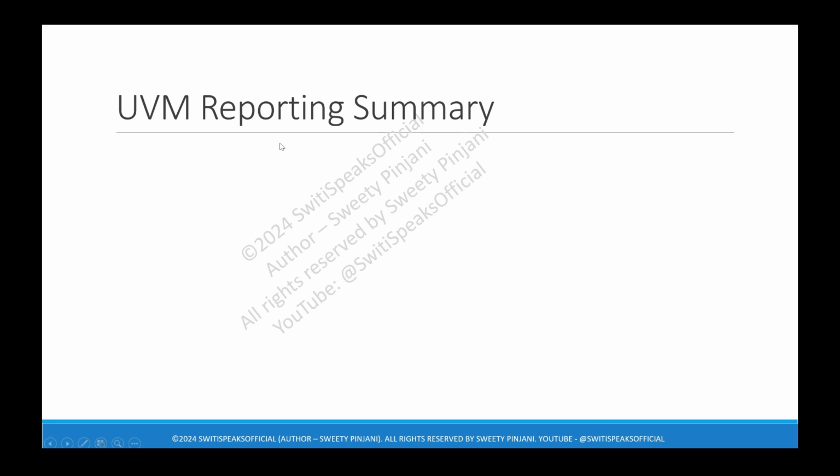Let's quickly summarize UVM reporting. We saw in UVM you have inbuilt commands and methods. We saw UVM plusargs, if you remember. These were the command line arguments which you can have. And we saw some methods which can help you change the severity and verbosity. If you remember, we saw some methods at the component level for individual components, and we saw some methods which can help you change the severity and verbosity at the hierarchy levels below the component also.